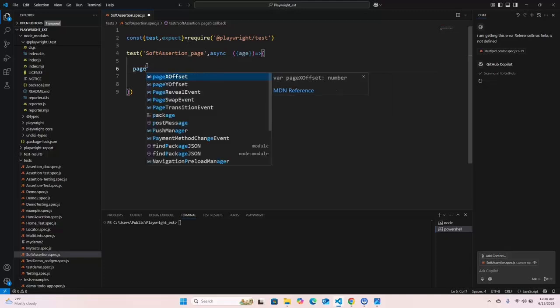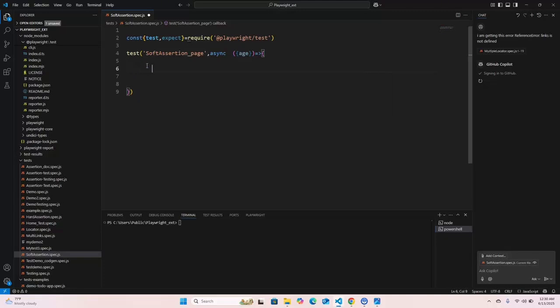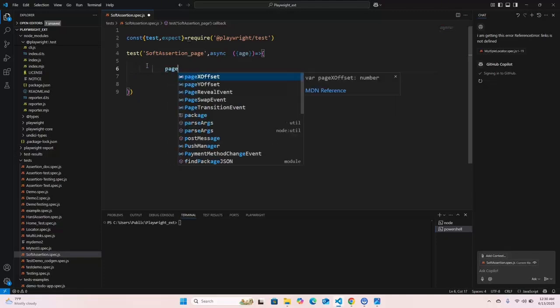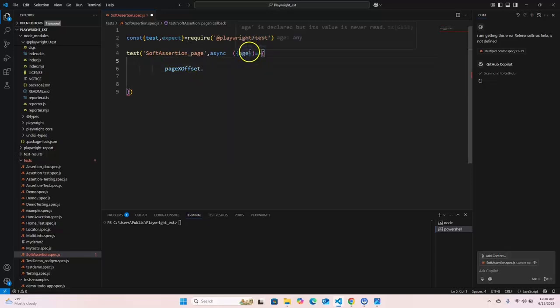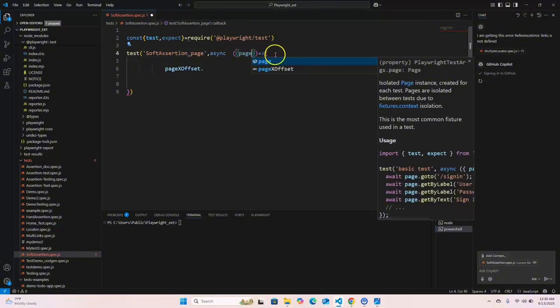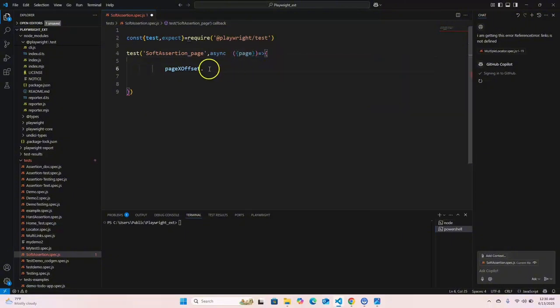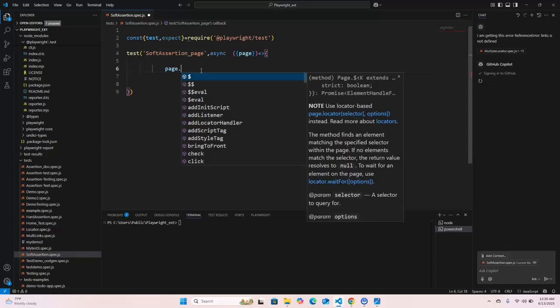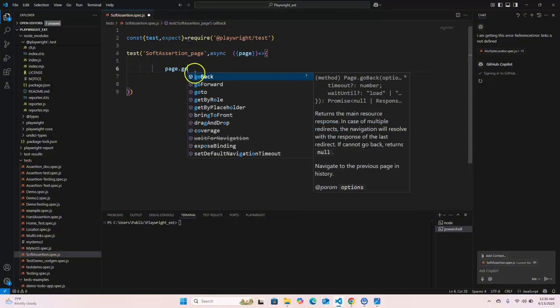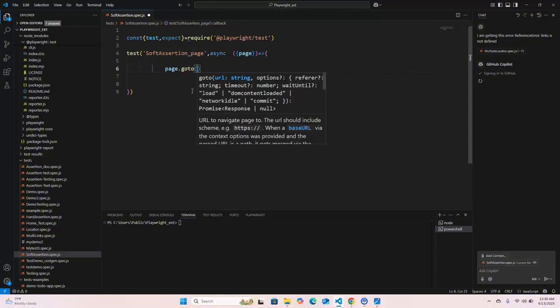it's not working. Okay, let me check it. Okay, it's not a page, it's an age showing, so that's why it's not allowing me. Okay, now I will go and write the page dot goto, and now here I will provide the